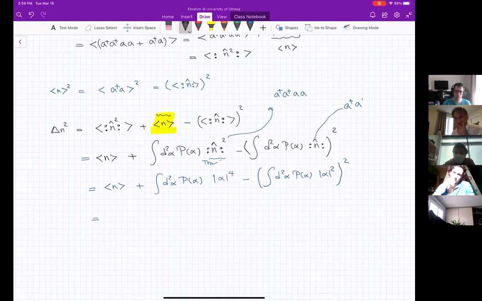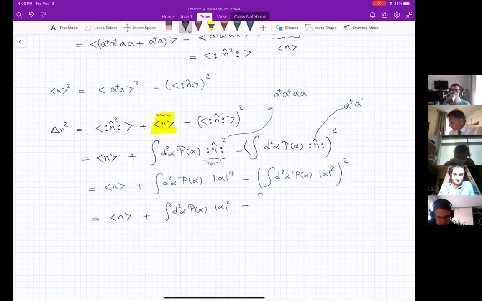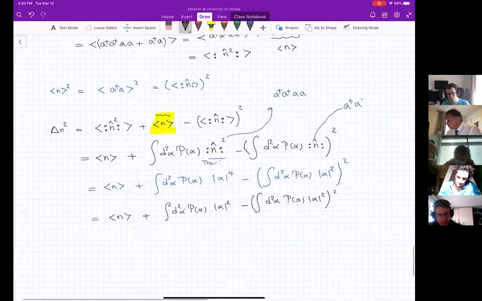So what we will get for a quasi-probability distribution or classical representation is that the variance in the photon number is given by the average photon number n plus the integral of d2 alpha P(alpha) alpha squared, minus the integral of d2 alpha P(alpha) alpha squared, all to the power of 2. And what is alpha squared